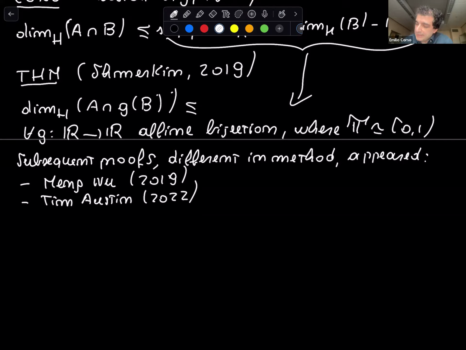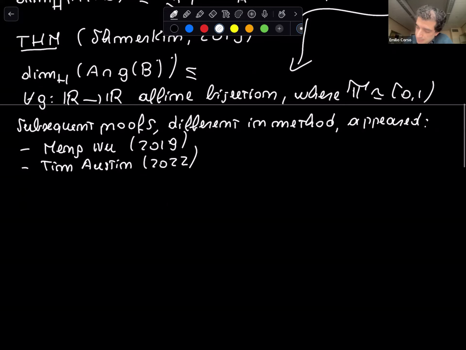So this is as much as we can say about two sets. But now the question arises naturally, what if I consider more sets? Three sets, for instance, invariant under, say, times 2, times 3, times 5. Is there an analog of this conjecture? And so now let's consider arbitrary finite collections of sets.